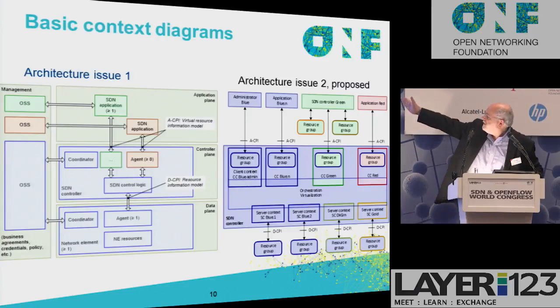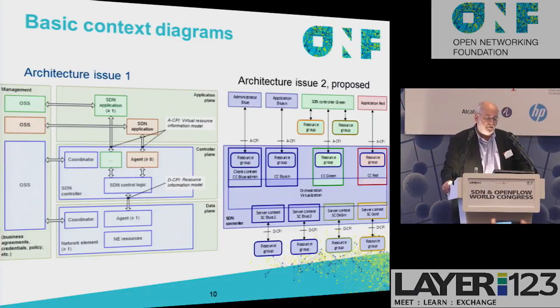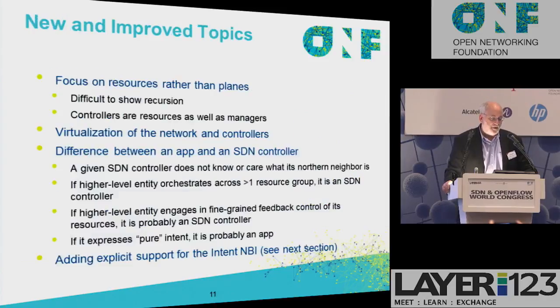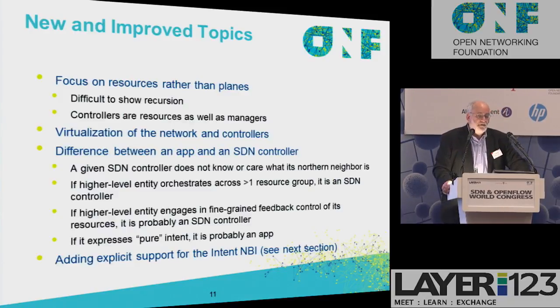So you see the blue, green, and red basically at the same layers rather than recursing on top of each other. The new and improved topics that we'll be talking about are focusing on resources rather than planes,